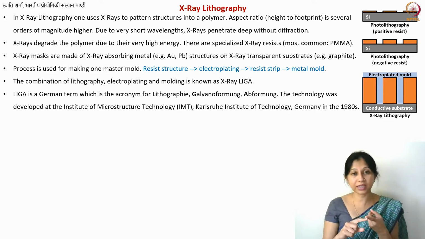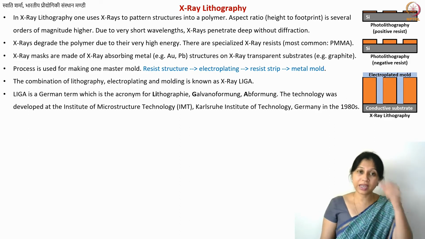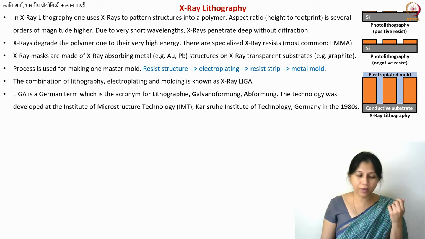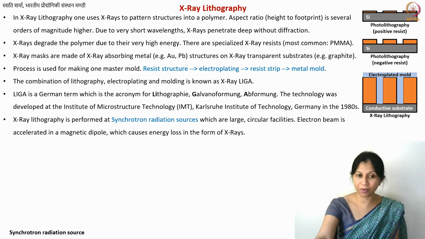In the LIGA part, lithography is followed by Galvanoformung, which means electroplating, and Abformung, which means molding, making something using the mold. You can also use these steps with a UV or photolithographically patterned structure. Then you would call it UV LIGA. But UV LIGA is not used very much because photolithography is already a reasonably inexpensive technique, so you might as well make several structures in batch fabrication. But X-ray lithography, since it is very expensive, you only use for making a master mold, and then you perform the LIGA operations.